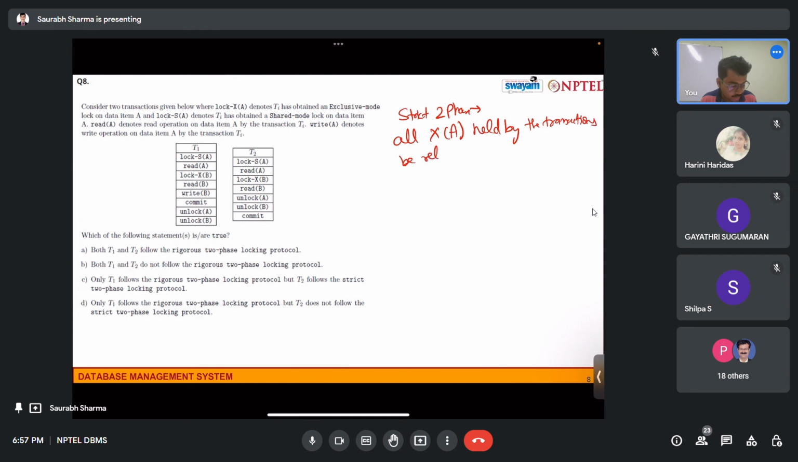must not be released until after the transaction commits. Okay, and in case of this rigorous